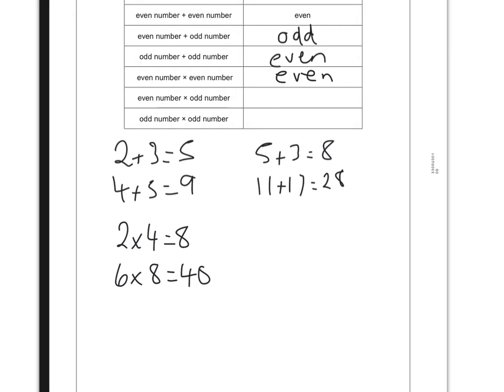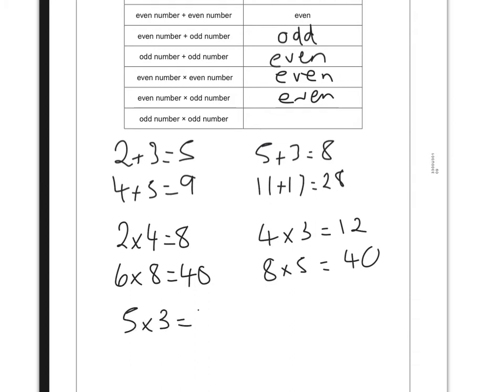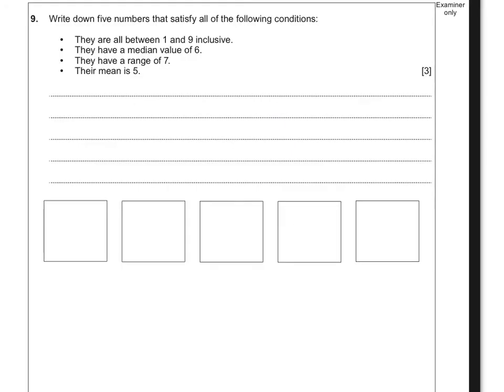An even number times by an odd number. 4 times by 3 is 12. 8 times by 5 is 40. So I'm happy that one is even as well. An odd number times an odd number. 5 times 3 is 15. 7 times 9 is 63. Both numbers are odd. Okay, on to question 9, which is an averages question, and this is how averages tend